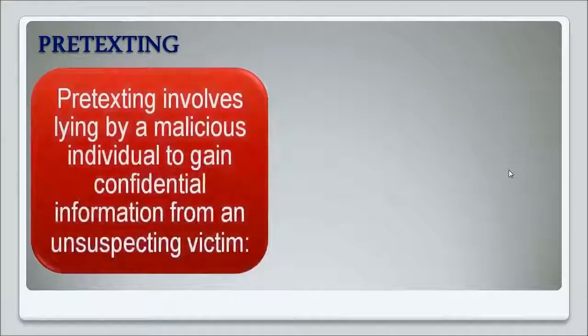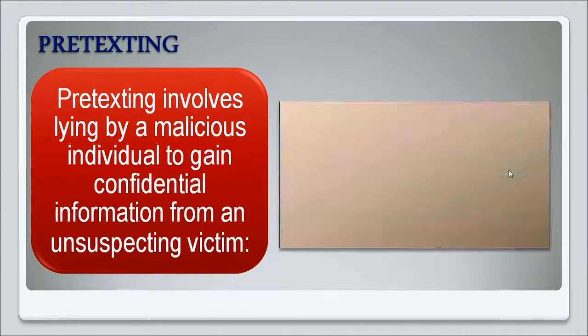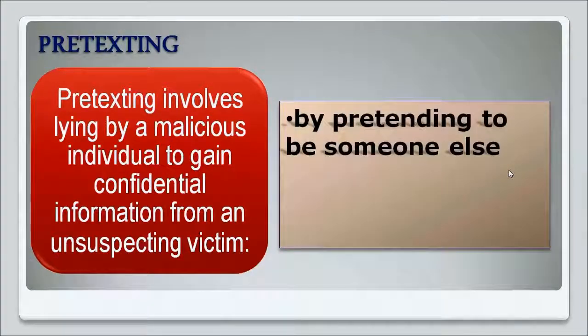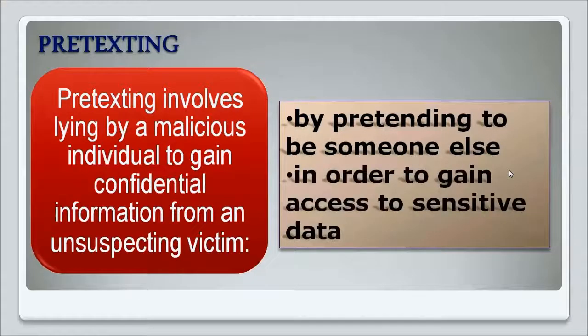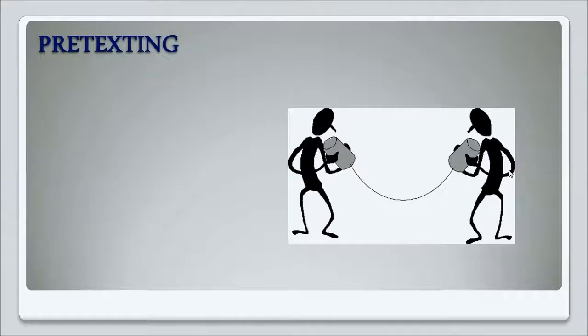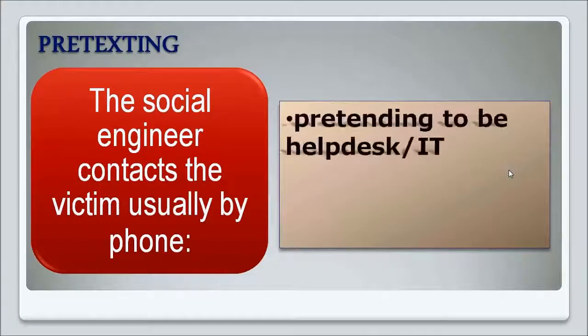Pretexting involves lying by malicious individuals to gain confidential information from unsuspecting victims, to allow them to gain access to confidential and sensitive information and data. This is usually achieved by the malicious individual pretending to be someone else, like a help desk or IT, claiming that they require some data for an upgrade or something similar in order for them to gain access to the sensitive data. The malicious individual usually communicates with the victim through phone calls or something similar, pretending to be the